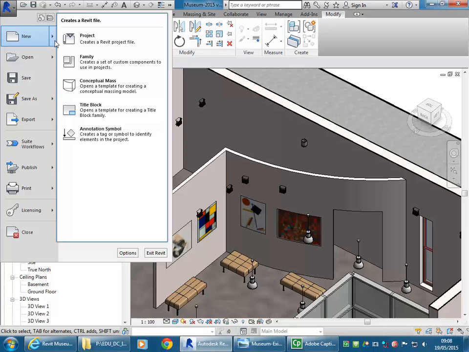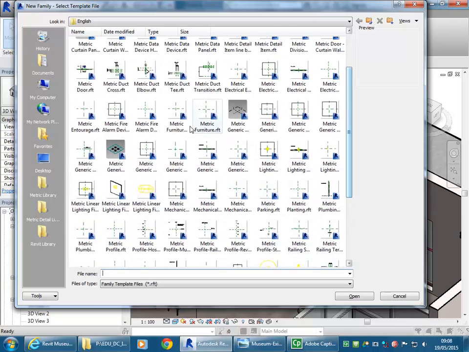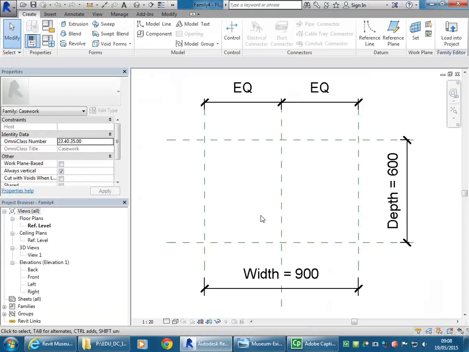starting with a new file. On the main menu, once you go to New and then Family, it'll give you a list of all the main categories in Revit. And I'm going to use metric casework. So casework's what you should use for built-in furniture. And so again, it's taken me to a separate family file. And now I can make,